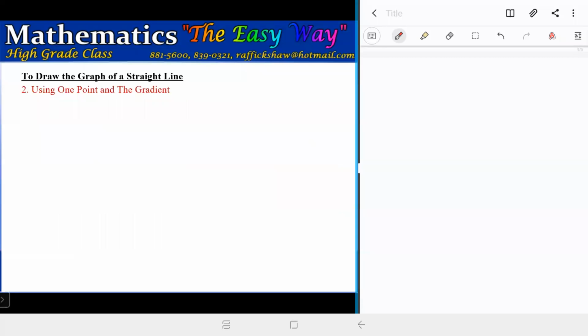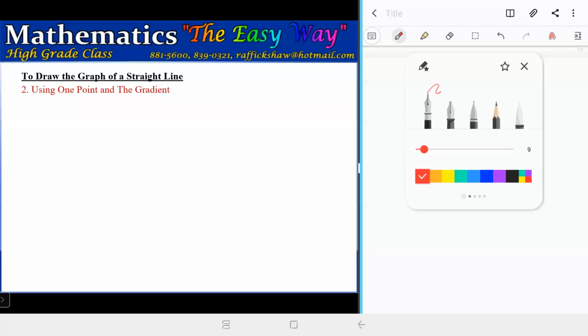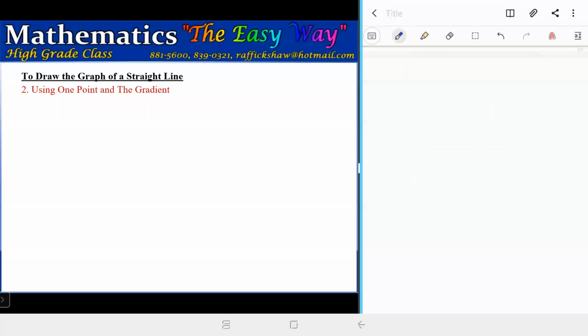Now let me tell you how that works. I can demonstrate it over here before we start. If you have a line, and you know 1 point, say 1 point is 3, 4, for example. And let's say the gradient of that line is 2 over 3. 2 over 3 is rise over run. It means that rise over run